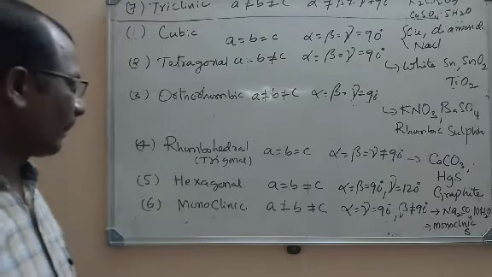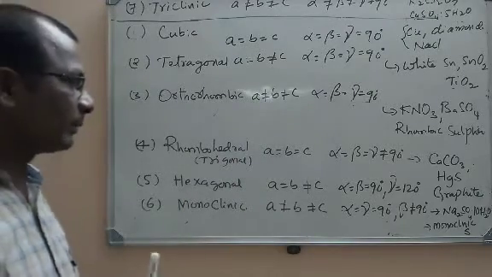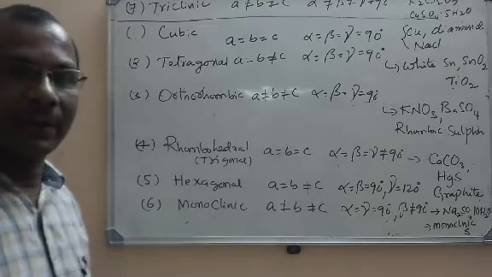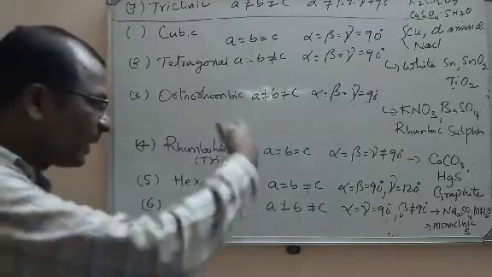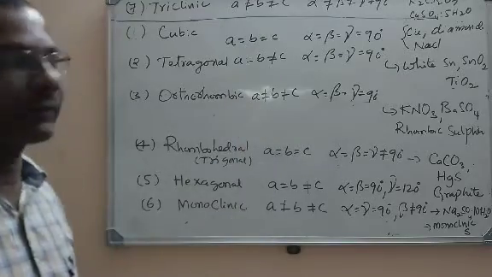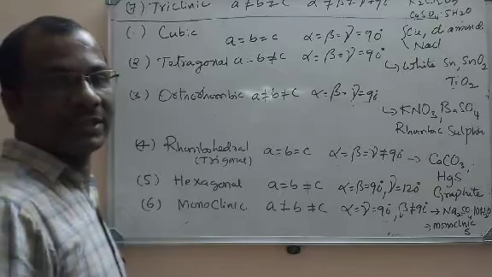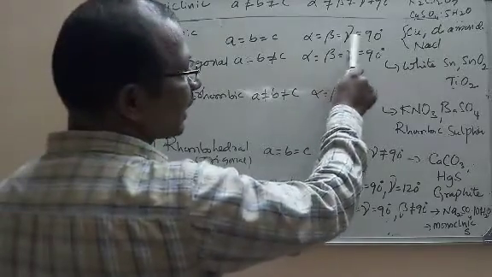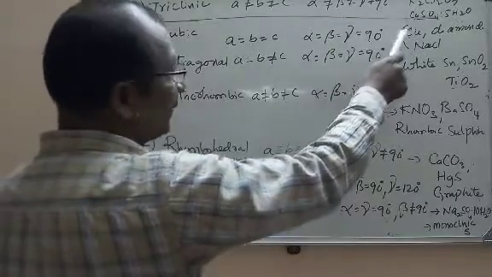You can easily remember. I will tell you the tips to remember while practicing some of the questions in the next session. So let me go for the objective discussion based on it. So quickly I will recall. Cubic means a, b, c all the three edge lengths are same, and all the bond angles are equal to 90 degrees. I mean angles made by the edges is 90.